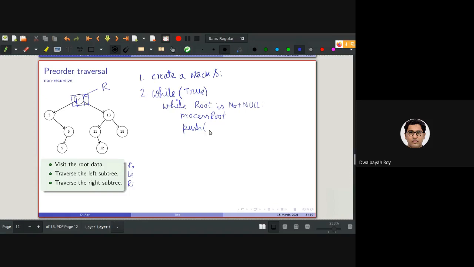So 7 is already processed. Then I need to go to here, and note that I need to come back here as well. So what I should be pushing? 7. Correct. So I need to push the root node basically.